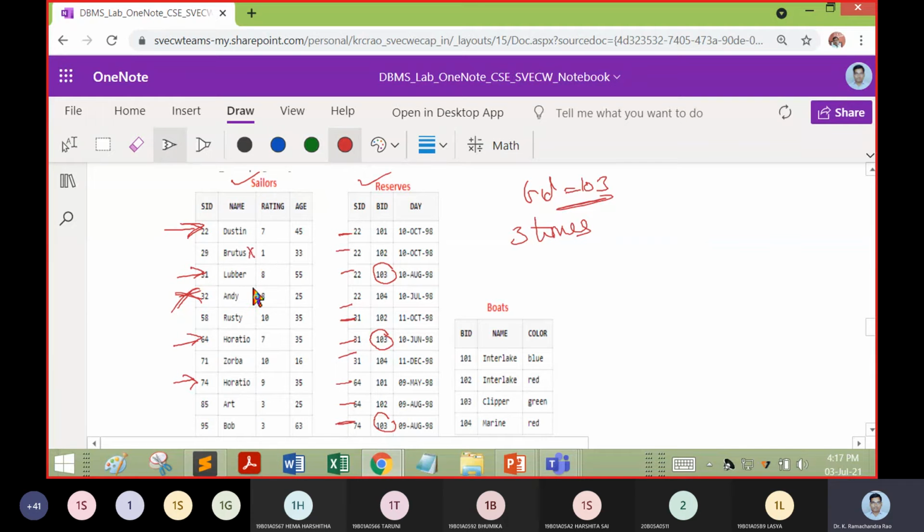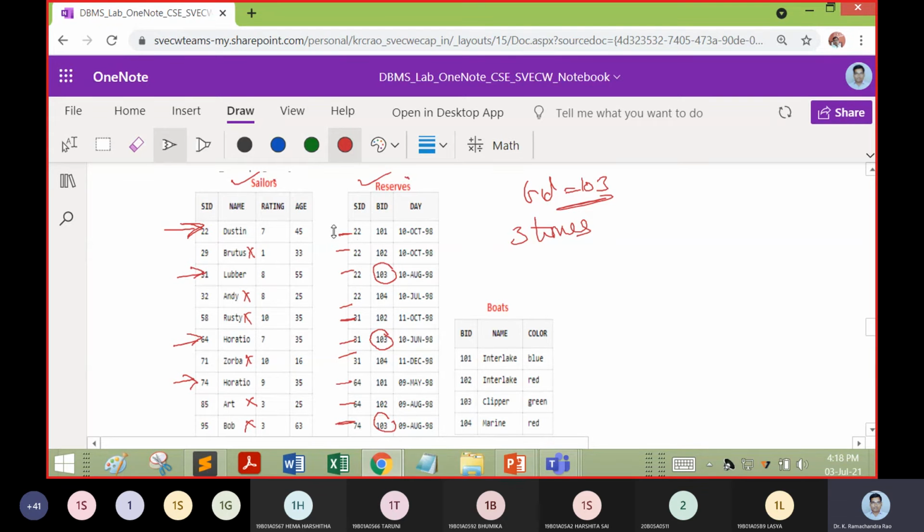Now you can see that Brutus will not be available. Andy will not be available. Rusty will not be available. Jorba will not be available. Art will not be available. And Bob will not be available. Who are the sailors common in the sailors database and the reserves database?